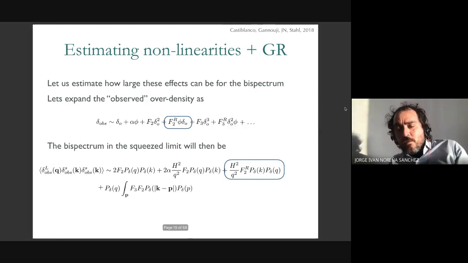And now let's go to higher order. So let's include the cubic term. And to be complete for the bispectrum, you also need to include the quartic term, but I'm just being schematic, comparing the order of magnitude of different terms. And this F3 is the Newtonian cubic term, which contributes in this way to the bispectrum. This is called a loop because you have an integral.